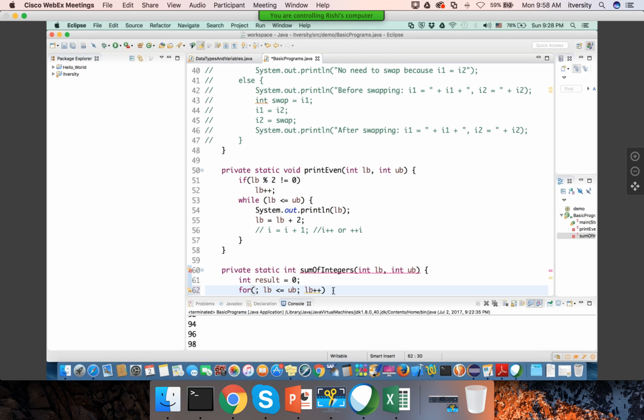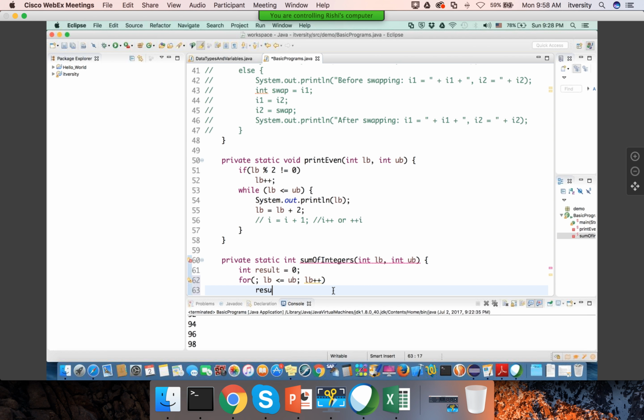and then I have to say result plus equal to lower bound. So either you can say result equal to result plus LB, this is one way of doing, or we can also say result plus equal to LB. Okay, and then finally I am just